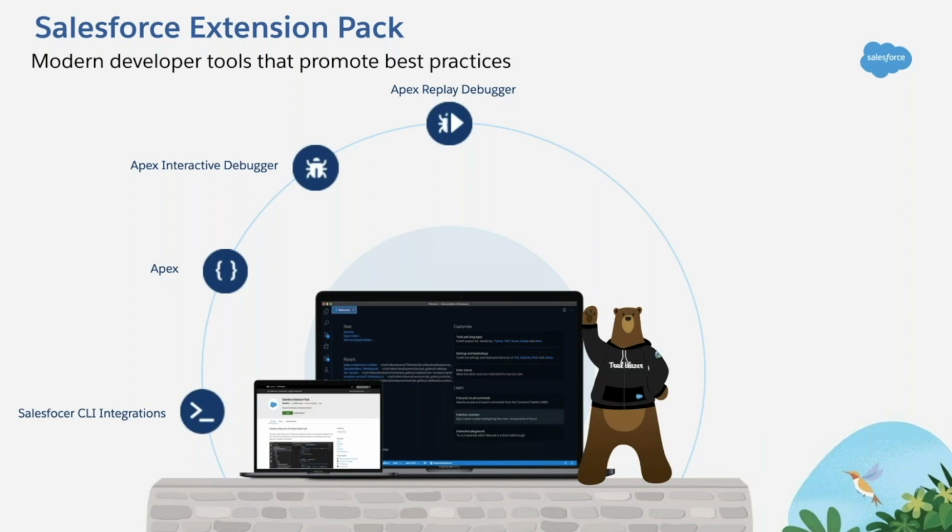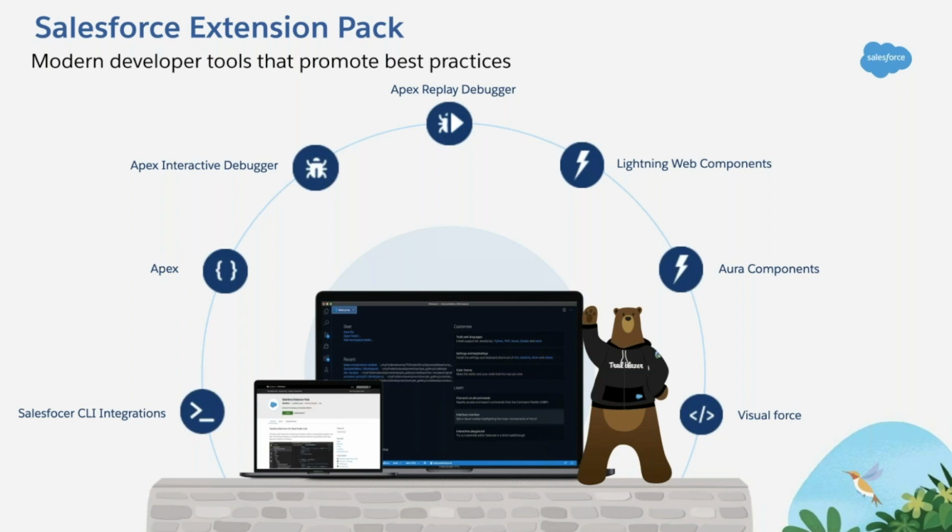You can get the production log and set breakpoints and checkpoints in your relevant Apex source code. When you run the Apex Replay Debugger, it stops at the appropriate breakpoint at that point in time in the log. So it's very easy to debug your production logs using the Apex Replay Debugger. We have extensions for Lightning Web Components and also for Aura components, to develop components using either of these programming models. And we never forget Visualforce, so we also have an extension for Visualforce in your Salesforce Extension Pack, with which you can create your Visualforce pages.